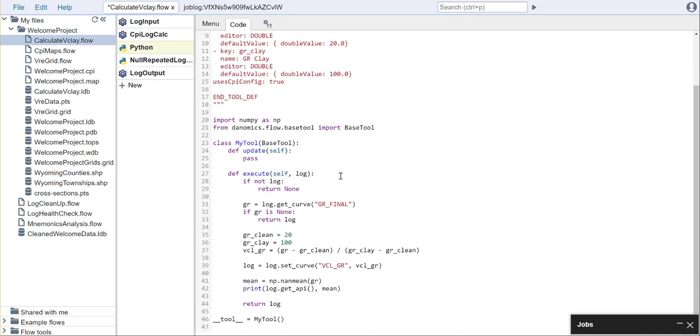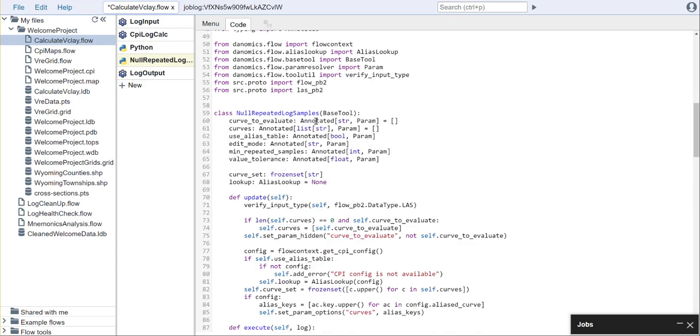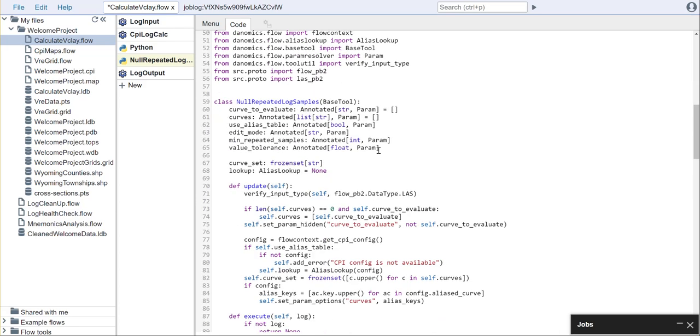However, it should be noted that those right now are not wired into the flow. So this isn't actually going to do anything for us. So let's take a look at one of the pre-built Danomics tools again. So let's go back here, and we can see how these parameters were used here. So let's grab this example,